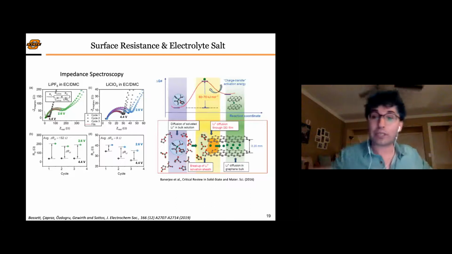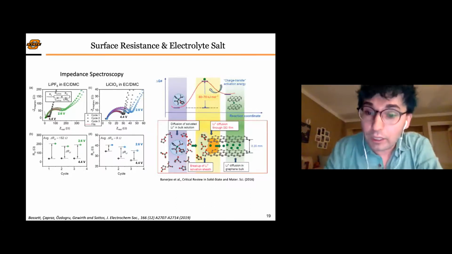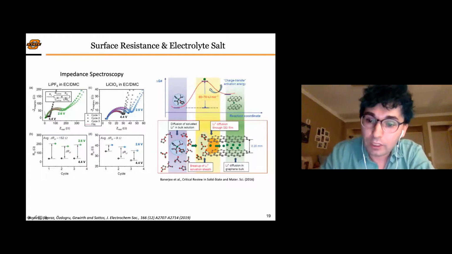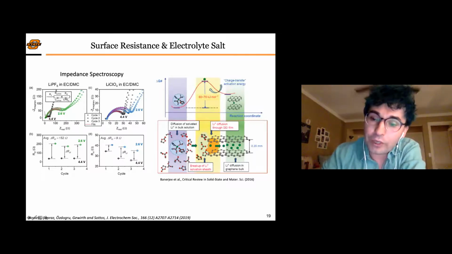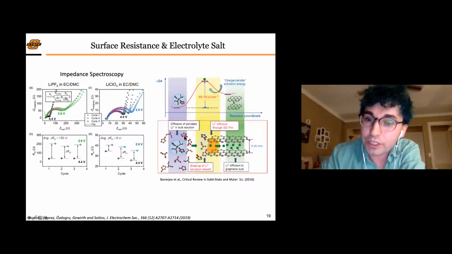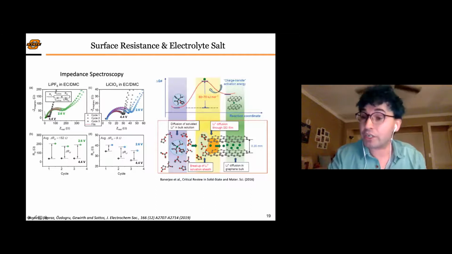However, the total amount of the resistance change in the lithium perchlorate is almost one-fold smaller. So what's really happening is a simple charge transfer resistance problem. This is an image from a review paper. If you assume this is your LFP or LMO or graphite, your lithium ions need to be generated at the surface reactions. And once they're generated, they need to transfer through the SEI layer or CEI layer on the cathode surface and form the solvation with the solvents. And that requires overcoming the energy barrier at the surface, causing the observed stress generation in the particular